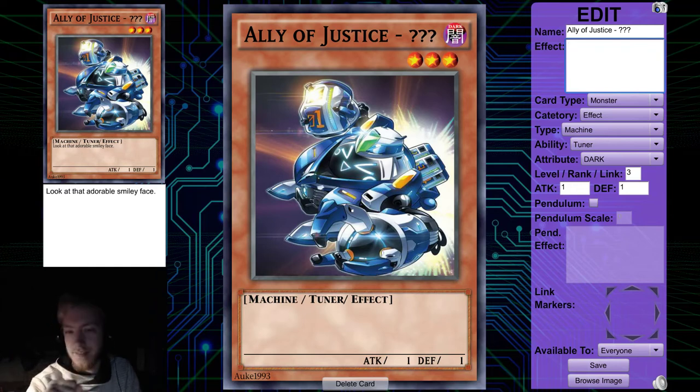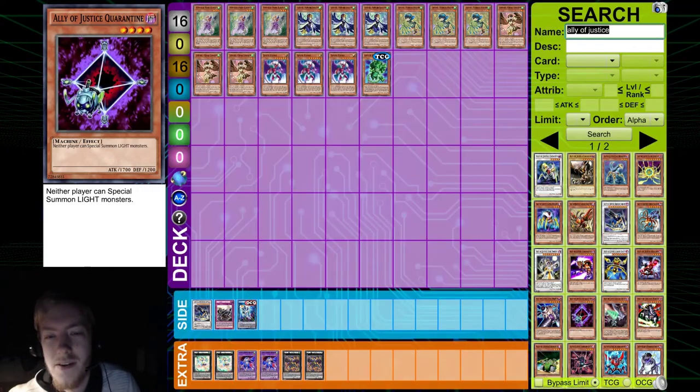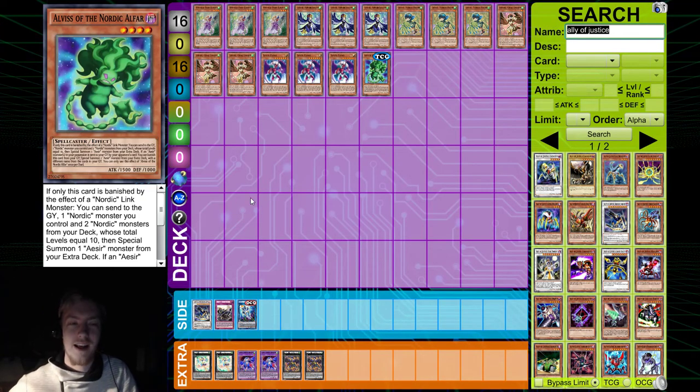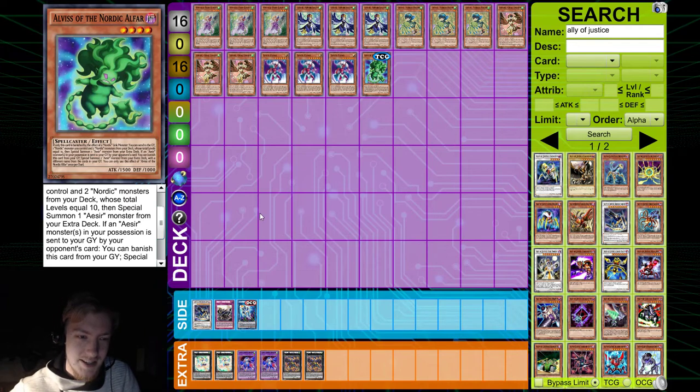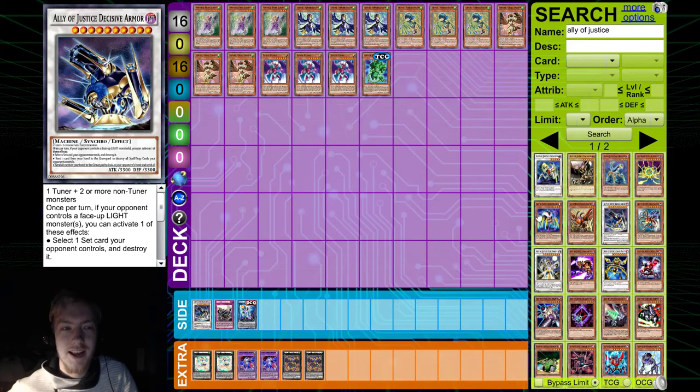Let's say this Ally of Justice monster, if you have to come up with its name. But then using its effects, like banishing it and two other things from the graveyard, somewhat similar to Alvis of the Nordic Alfar, where the levels have to equal 10, I special summon an Ally of Justice Synchro Monster from the extra deck. And the thing is, all the Aesirs this thing can summon are all level 10, so it doesn't matter. But I'm thinking of summoning Ally of Justice Decisive Armor,